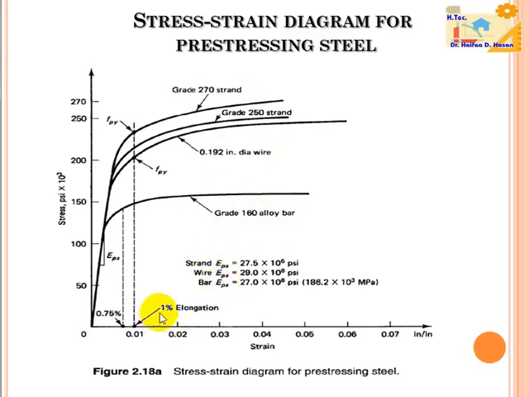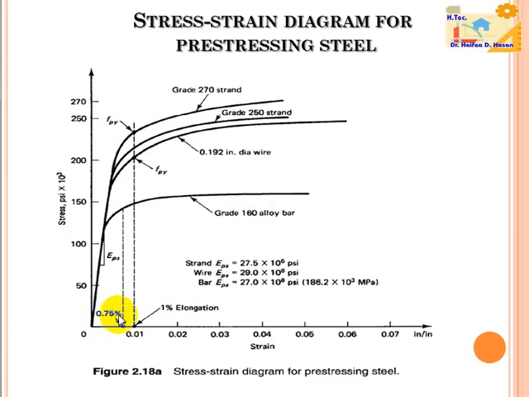Here we can see the measuring of yield strength for each type by this dashed line at elongation of 1%, and for just grade 160 alloy bar at